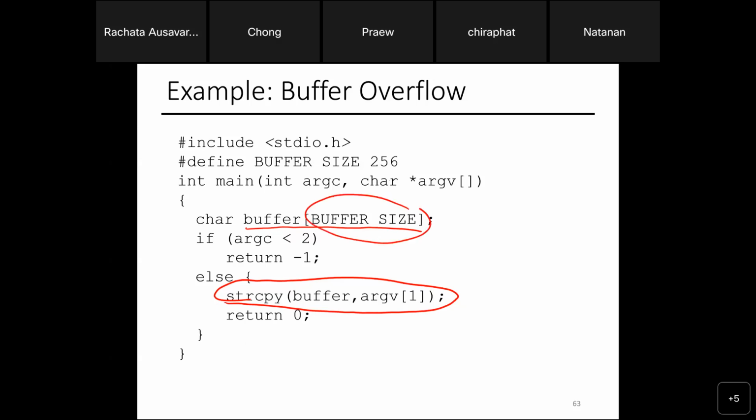This buffer has size 256. When I perform a string copy, what if my input is longer than 256 characters? It just keeps going up, right? You keep copying, which means that, for example, one thing I can do is put the actual program binary as a part of my input somewhere,